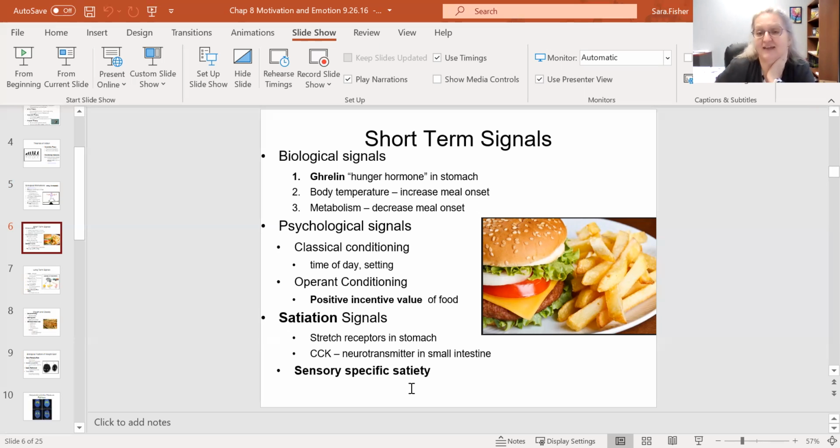This is also why in fancy restaurants, gosh, I haven't been to one of these restaurants in ages, maybe they don't even do it like that anymore. But once upon a time, when you were getting near the end of your main course, before your belly told you you're full, they'd bring around the dessert cart, right? And they'd show you all these new flavors that you could try. And while you might be full of the flavor of the main course, you might still pick one, because of sensory specific satiety. I'm tired of the same flavor, I want to try something else. This is also why buffets are so popular.